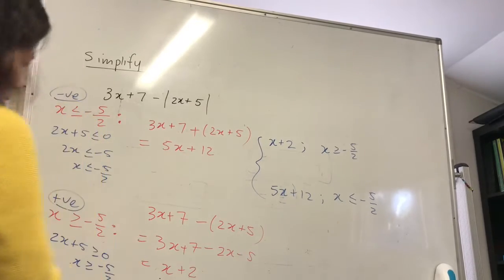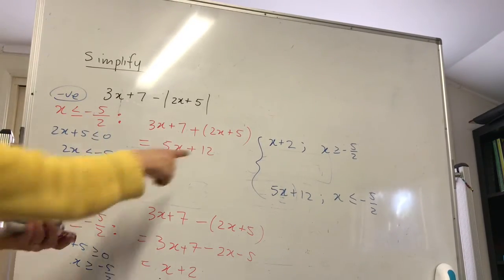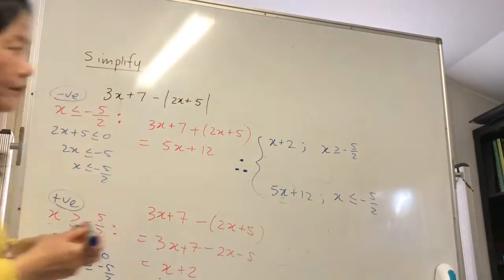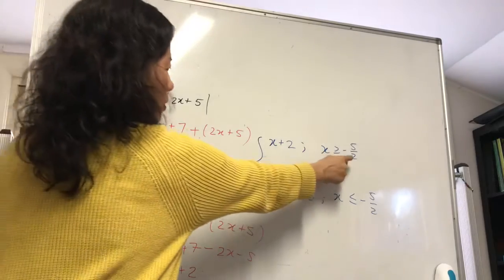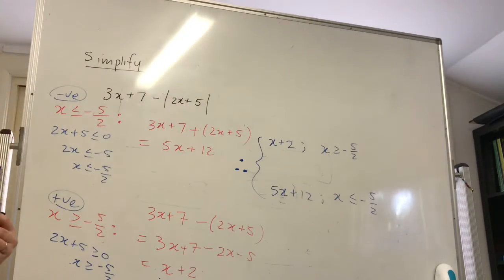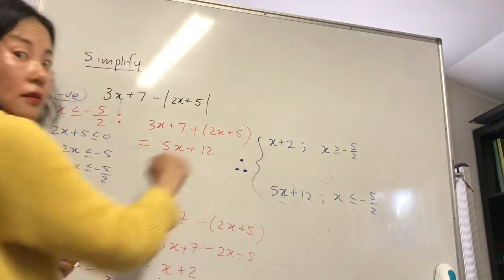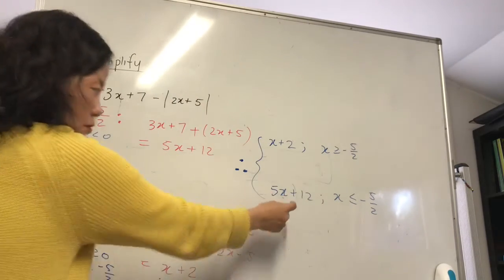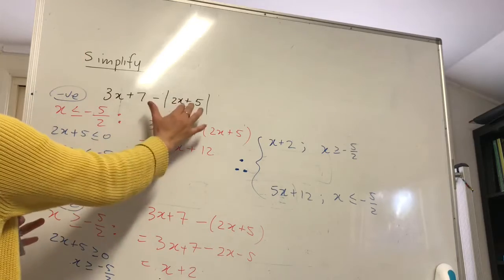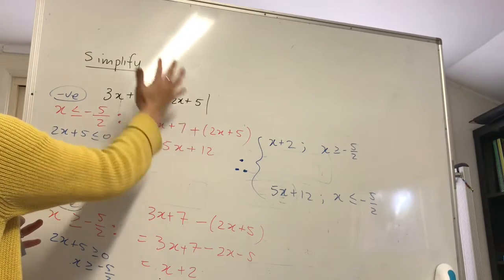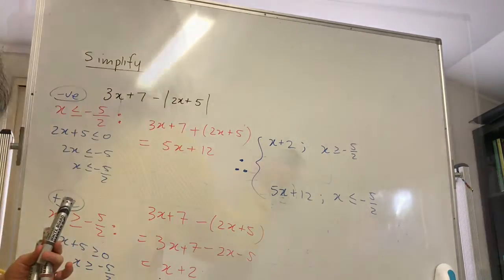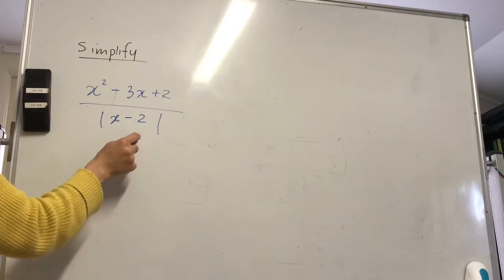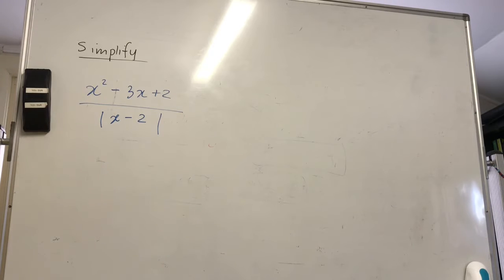Alright, so is that how you answer it? Yeah, this is how you answer it, with the semicolon. So you've got two cases. When x is bigger than or equal to minus 5 over 2, your expression will be this. But if x is less than or equal to minus 5 over 2, your expression will be this. So it depends on what is inside the brackets, I mean, whether the absolute value is positive or negative. Now, one thing you have to remember when coming to something like this, whether it's positive or negative,